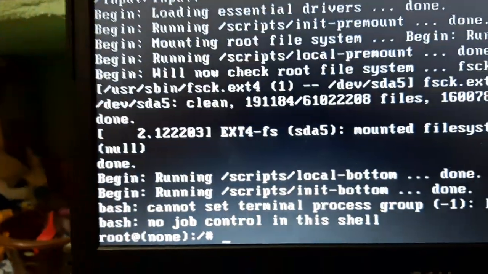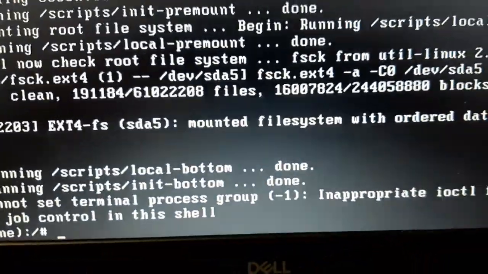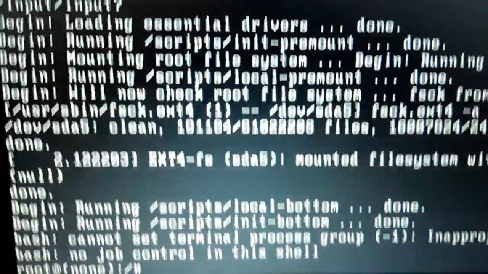So we came onto the shell prompt. This is the shell prompt. Here we need to enable the mount directory.